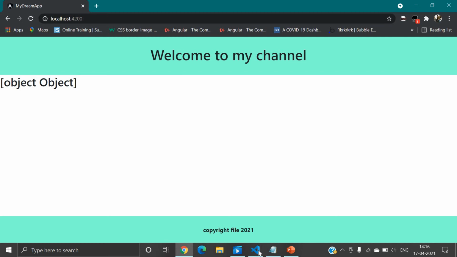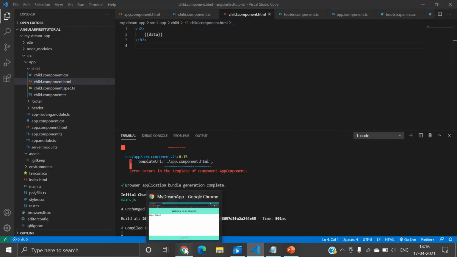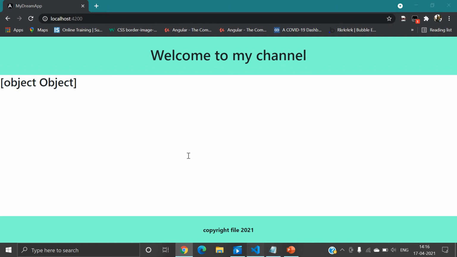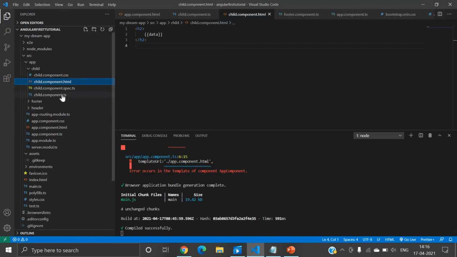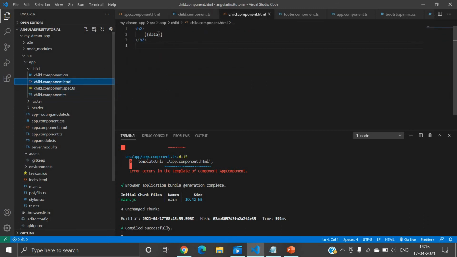This data will come in an object, but now here, first of all I will call one property of this object. Let's say data.username, right?